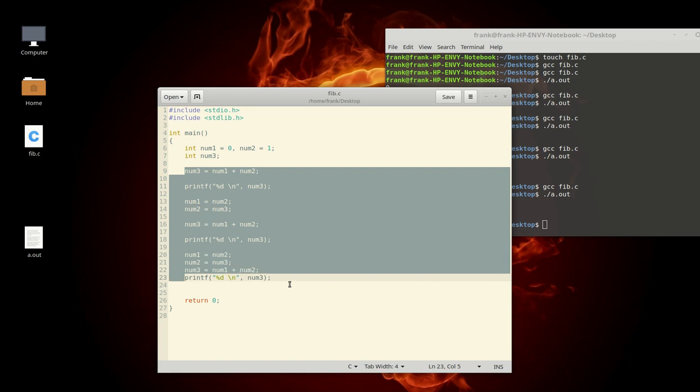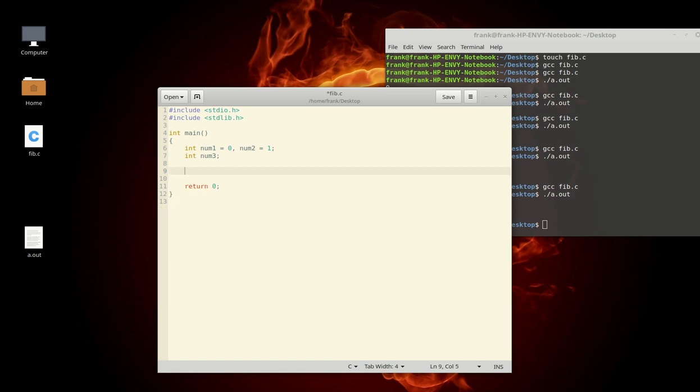So I just get rid of all this crap here and say while number3 is smaller than, let's say, 2000 or 1000, smaller than 1000, then we can have number3 equal number2 plus number1, and we can print the value of number3